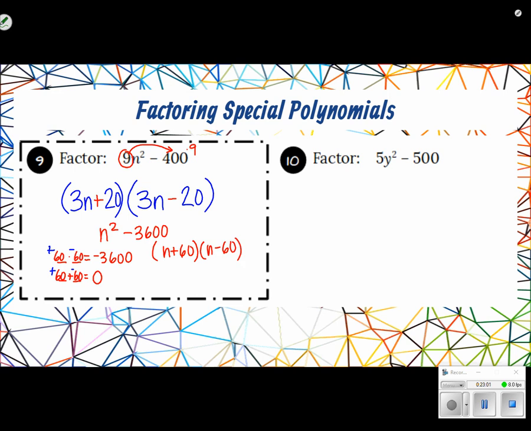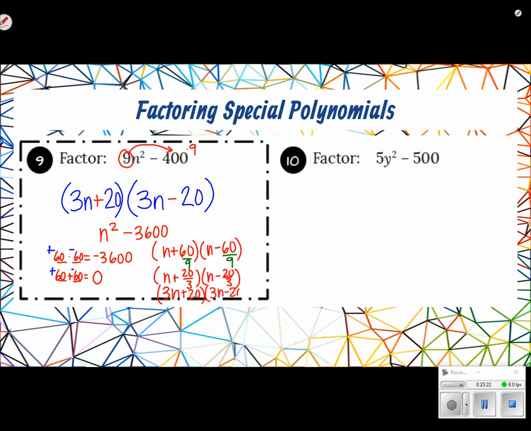We did a slide of 9, so we're going to divide by 9. Those are both, the top and the bottom, divisible by 3, so that's n plus 20 thirds and minus 20 thirds. And so that becomes 3n plus 20,